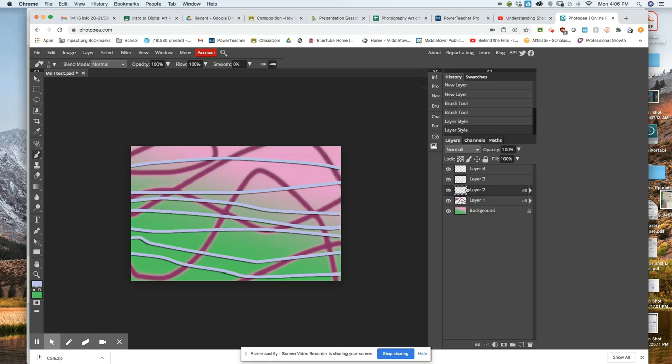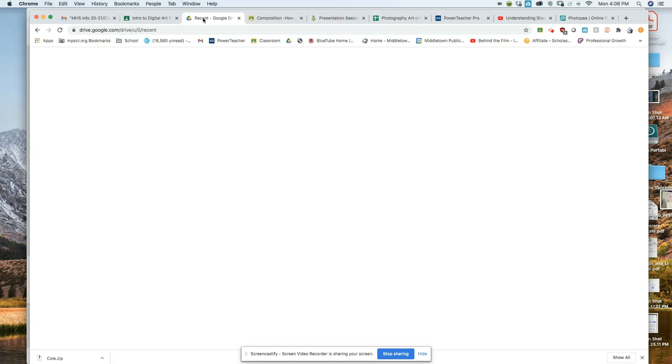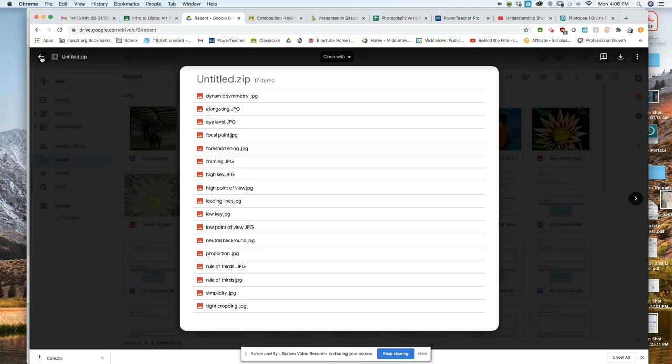Next, we're going to bring in a picture, and I'm going to make sure I'm right in my layer 2. I'm just showing you here that whatever effects I've added, when I drop the layer down, it shows me exactly the names of those effects that I used for both brushing in layer 1 and layer 2. So to bring in a picture, first we really need to go to Google Drive